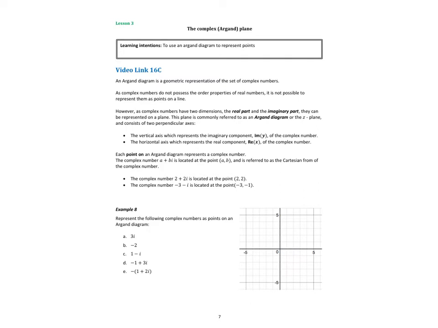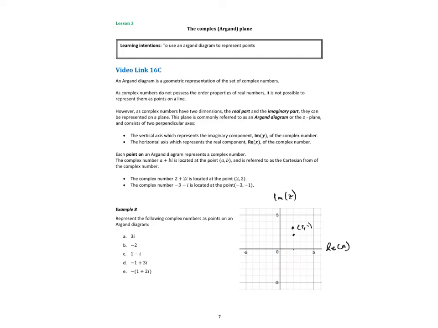our real numbers are on the horizontal axis, our imaginary numbers are on the vertical axis. Okay, so 2 plus 2i is 2 real, 2 imaginary. So the point (2, 2). And then obviously we just sketch everything the way in which you expect. 3i is 0 plus 3i, so